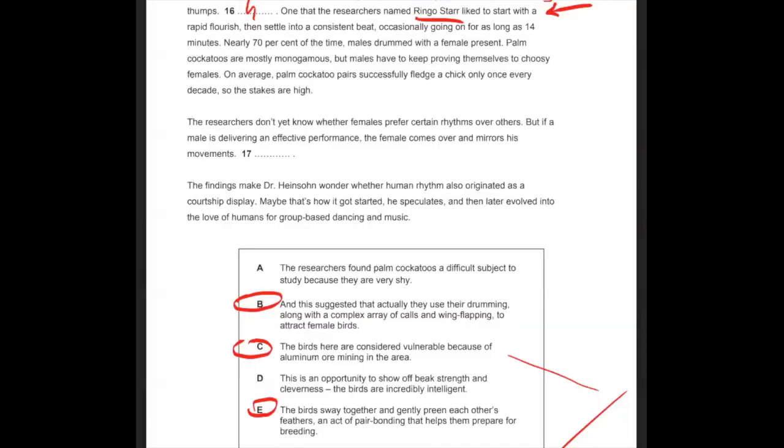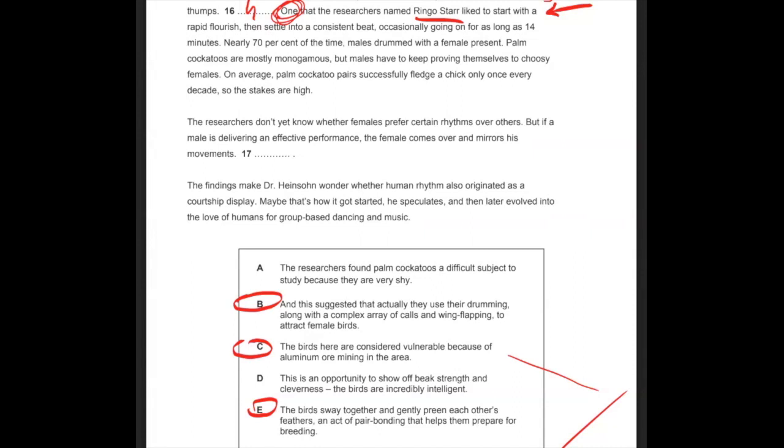So it starts off talking about all the different sequences that they were able to find with the cockatoos, that they had regular, predictable rhythms. Then individual males had different rhythms, right? They had different ways of performing. And one of them that they chose to focus on was Ringo Starr, right? So that just fits perfectly within this context, which is why G is the best answer. Because we worked out that this one here must be G, right? The previous one that we had for 14, even though it seems not that likely, was actually C, right?